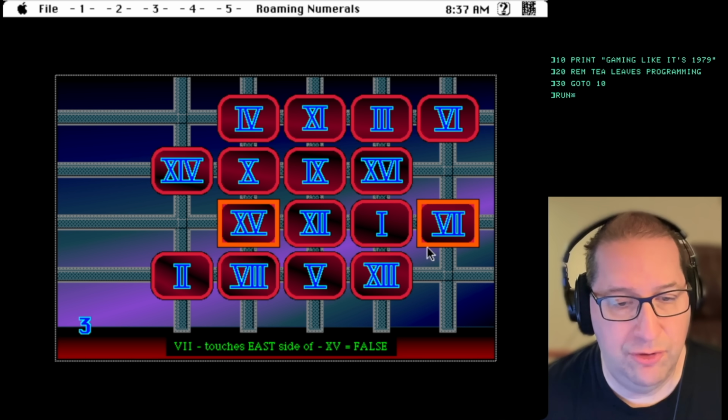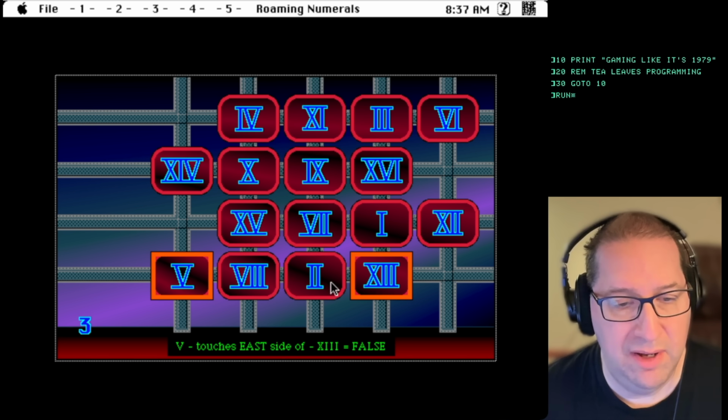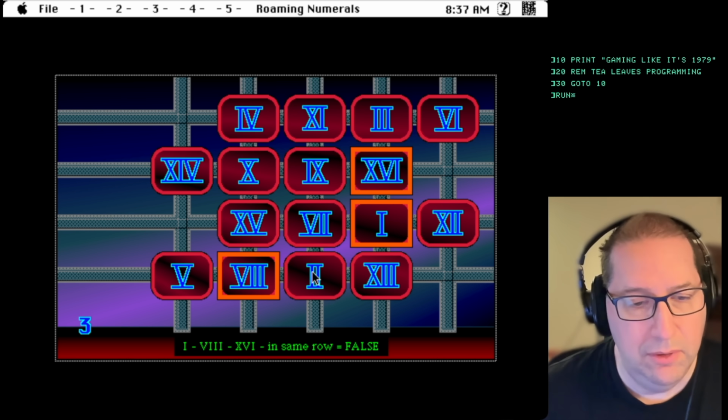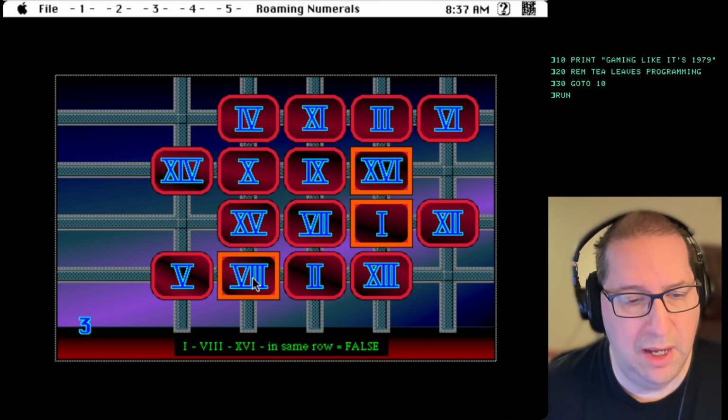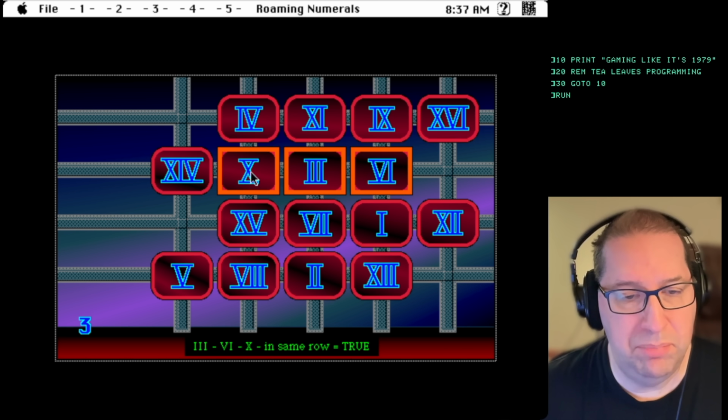7 touches east side of 15. There we go. 5 touches east side of 13. Oh, that one we're not going to do yet. Ooh, I don't think we actually had a rule with 8 yet. Let's continue to build out from our